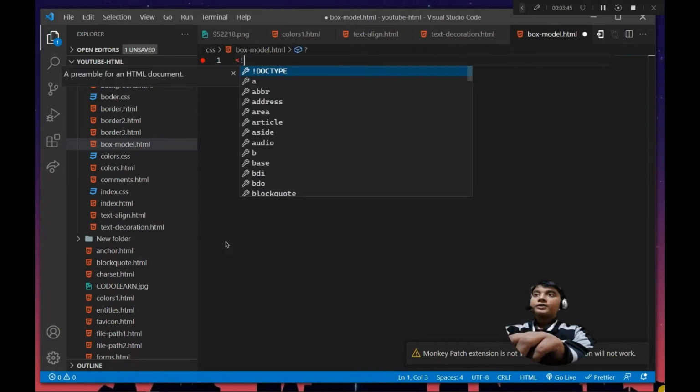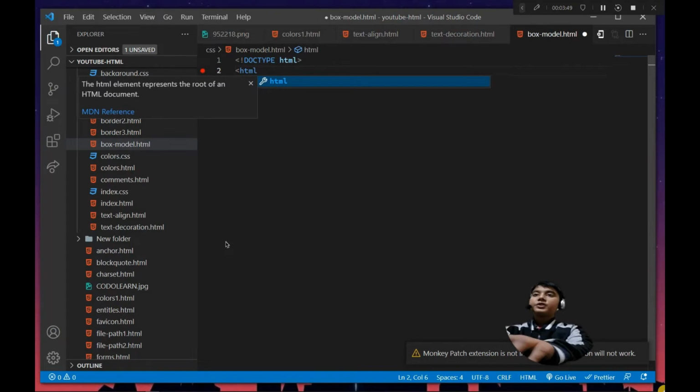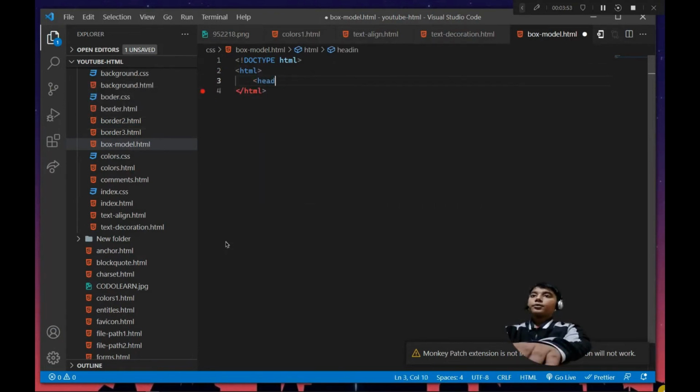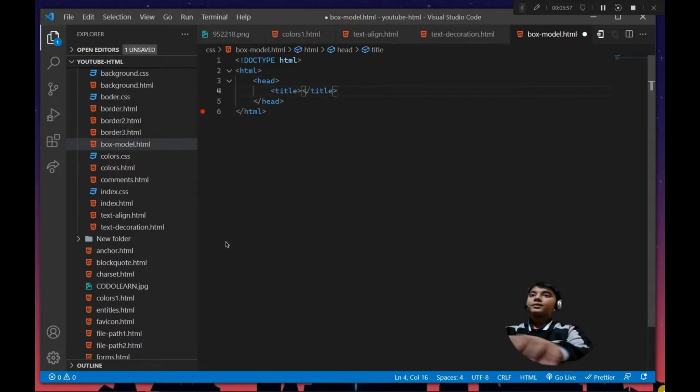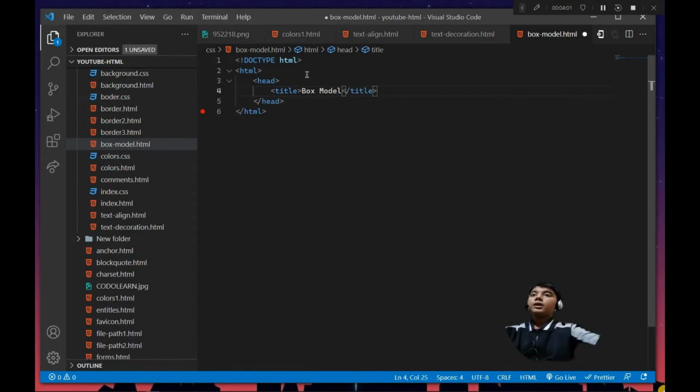So first we type doctype html, then html, and after that the head tag, not heading, head tag. Then the title tag, and inside that let's say box model. And after the head tag we just type the body tag.